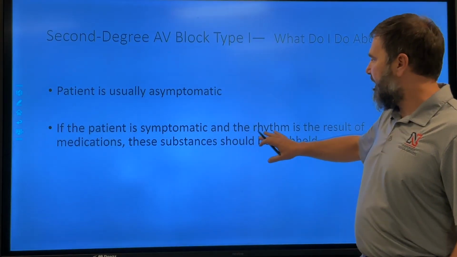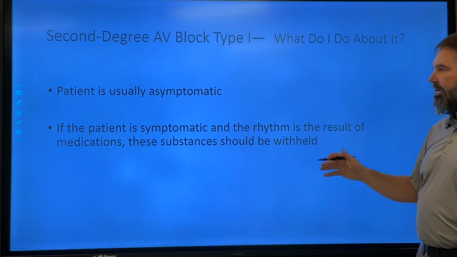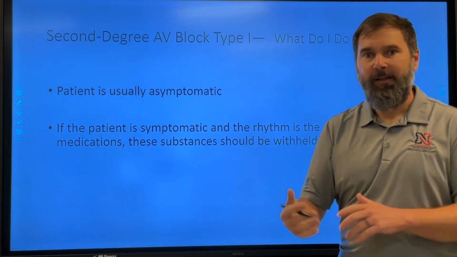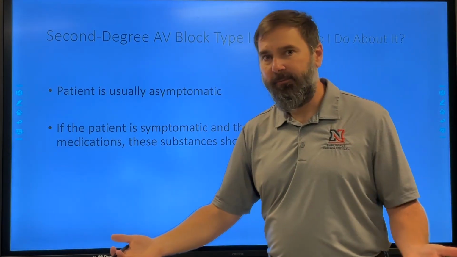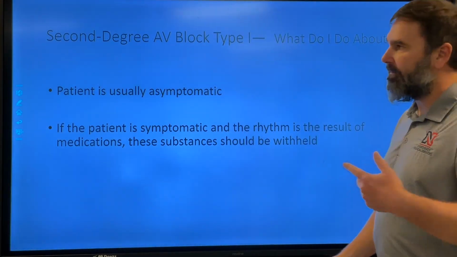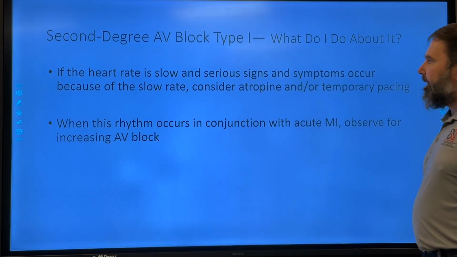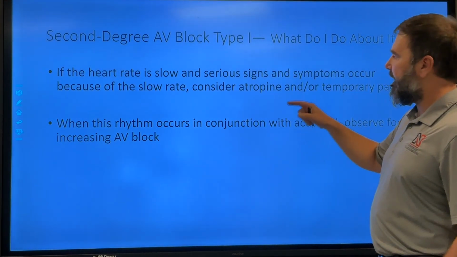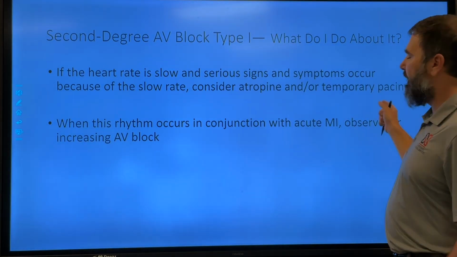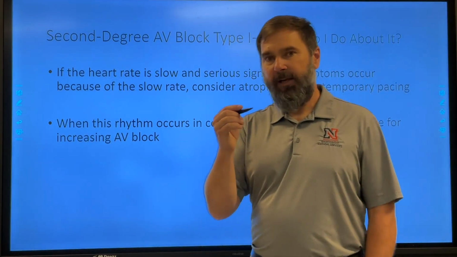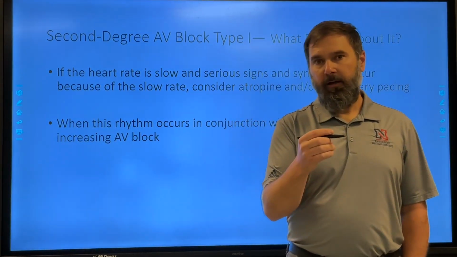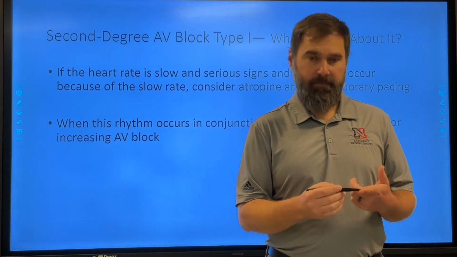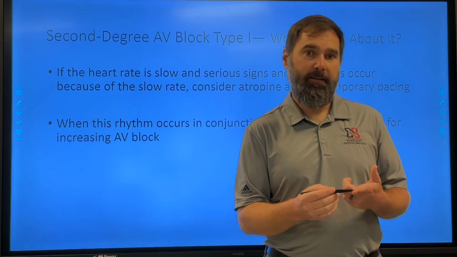If the patient's symptomatic and the rhythm is a result of medications, these substances should be withheld, obviously. If something's hurting you and you don't like it hurting you, then stop that substance. If the heart rate is slow and serious signs and symptoms occur because of the slow rate, consider atropine or temporary pacing. So if that patient is symptomatic, associated with the rhythm, or even rate-dependent symptomatic,